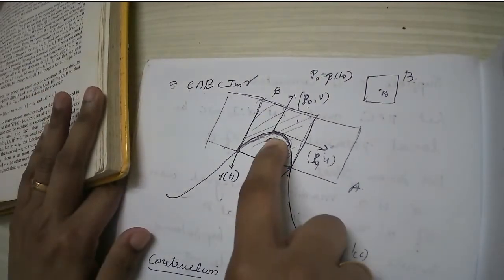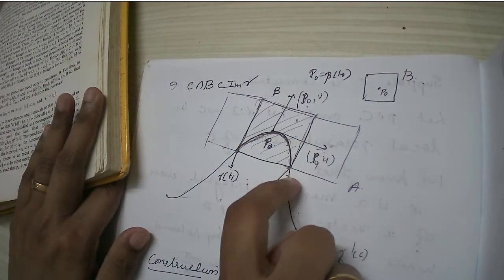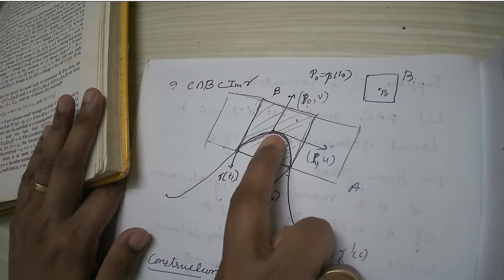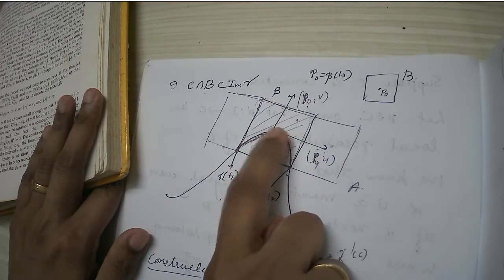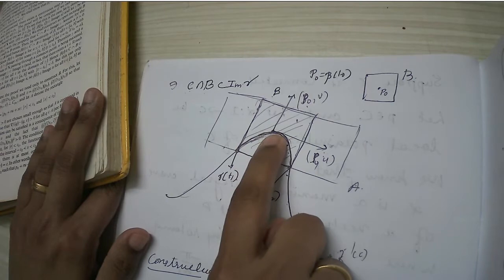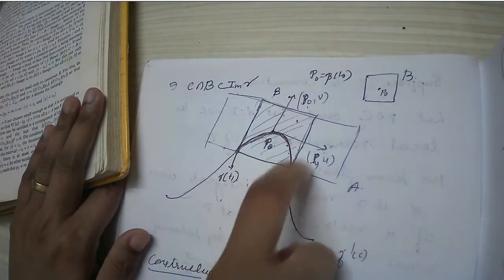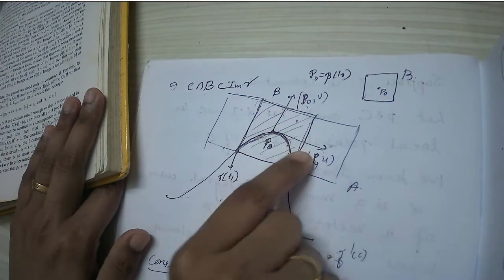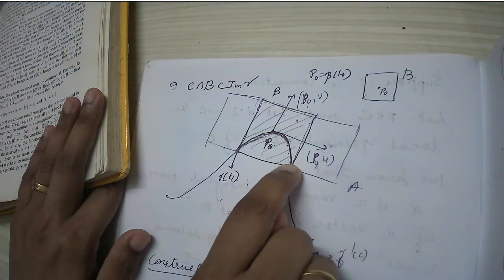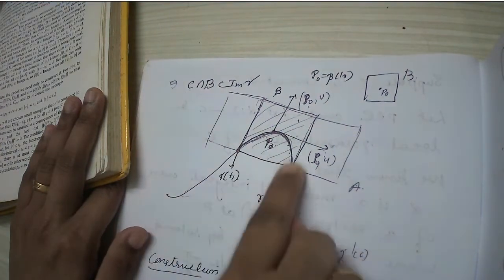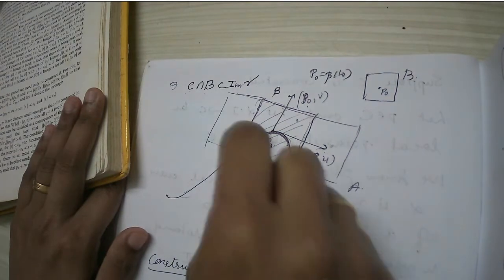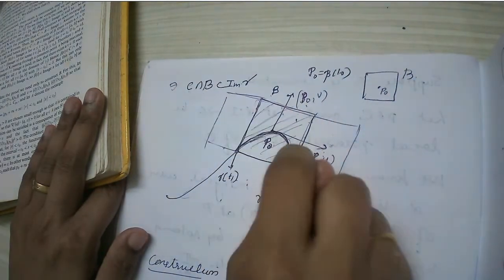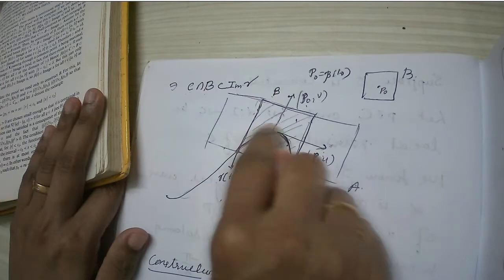So this P naught I am taking here, it can come up to here also. So we don't know where it will come. Generally it is taken as this point P. Okay, so up to this point P naught, we are constructing a rectangle like this, and the rectangle we have constructed in such a way that this is your gamma and this is your full integral curve, and the intersection with B and C will come as the image of gamma.